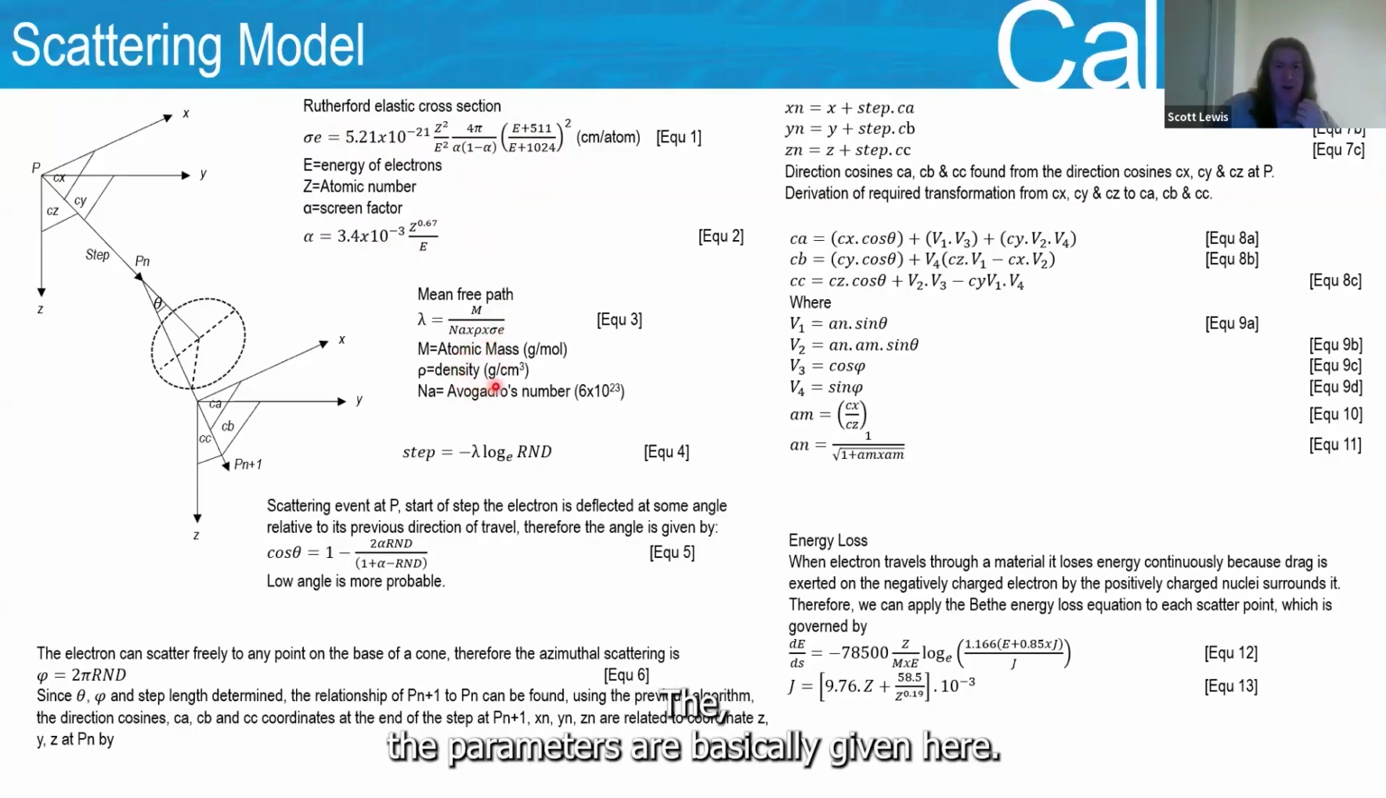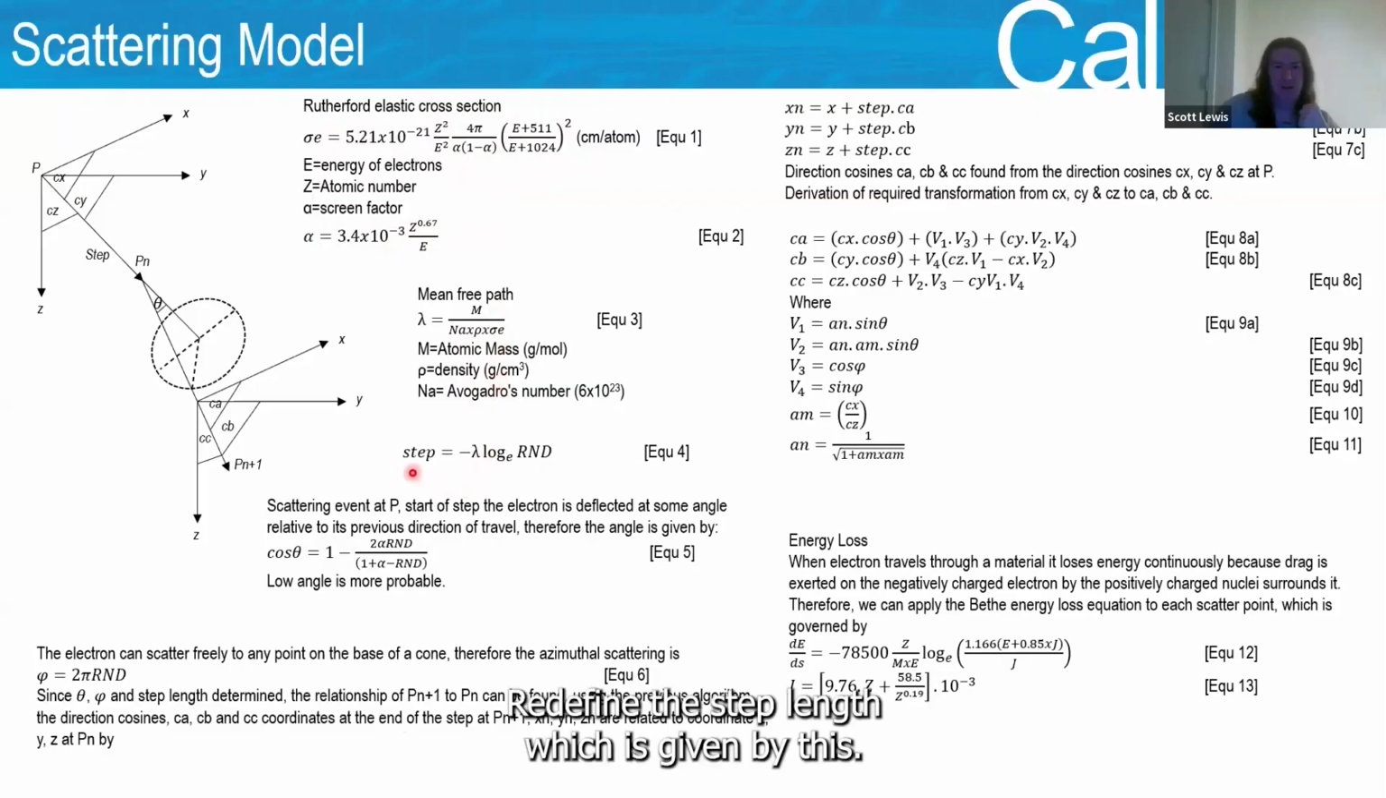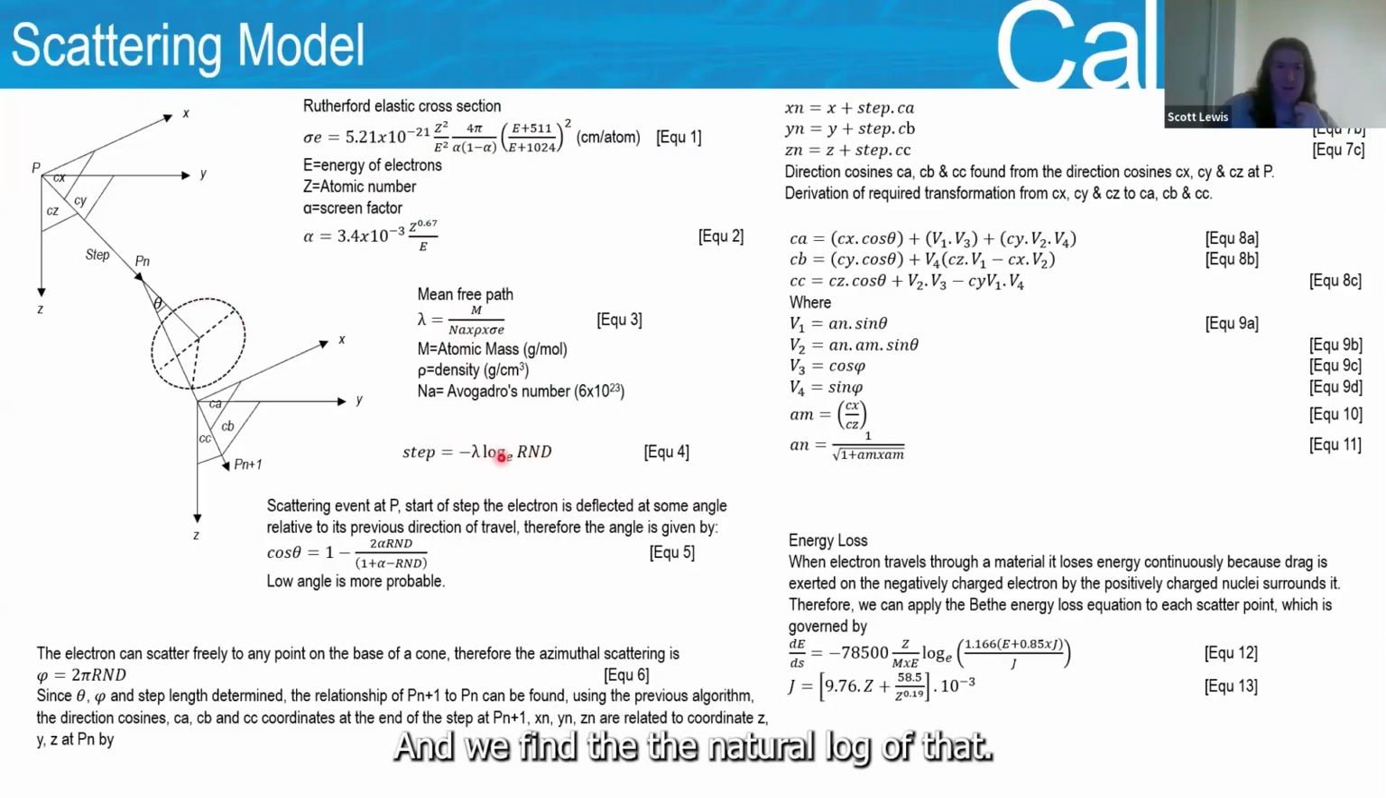The parameters are basically given here. We need to find the step length, which is given there by this. So we need this, and then of course it's multiplied by a random number, and we find the natural log of that. And then now we've got an event that starts here. So we find the